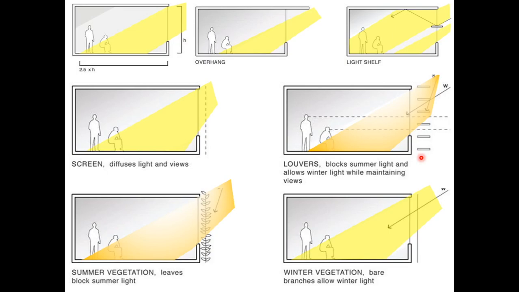So maybe tropical areas, and also maybe in the northern hemisphere, more towards the United Kingdom and so on, where the sun's movement is extremely low. You have to cut the sun's radiation by means of louvers, and the diffuse light is also achieved. Then we have the vegetation or the bioscreen wall, where you can actually get partial light because of the summer vegetation, and the light can be more due to winter vegetation, because the vegetation withers away, and you get a better light during the winter.